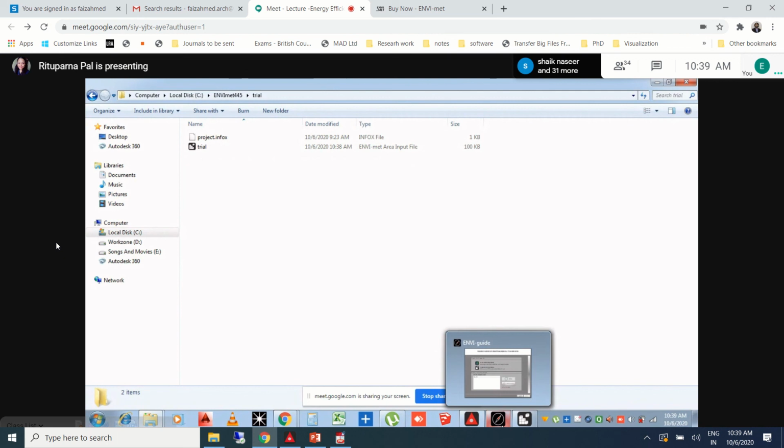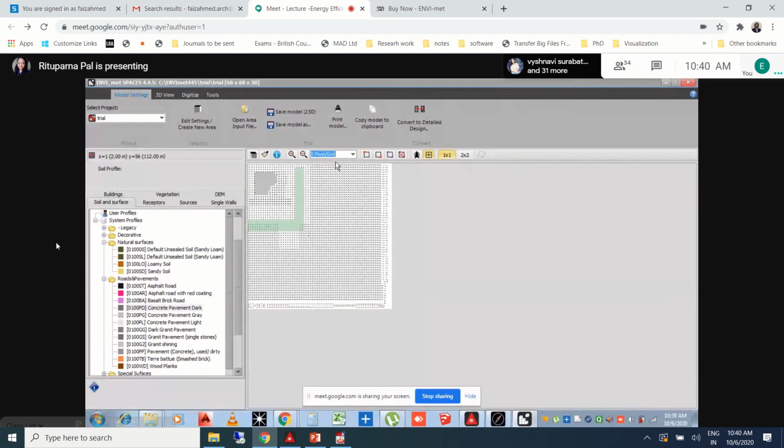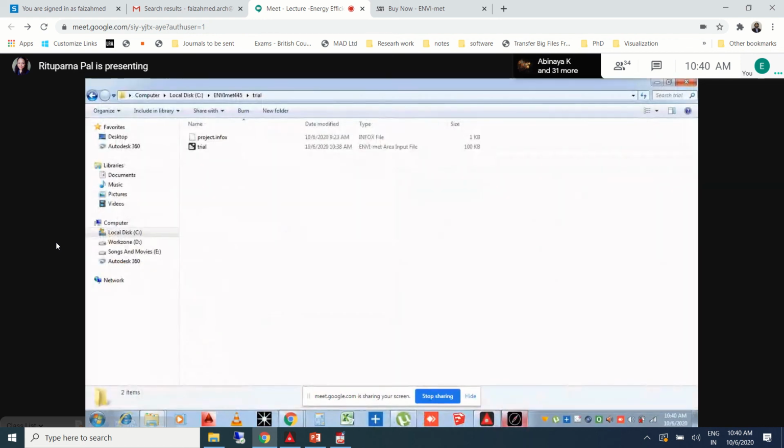Okay. So we have created our model. We have set it. We have put all the settings. And now after finishing this, you can close this, because we have already finished with the input thing, so we close it.